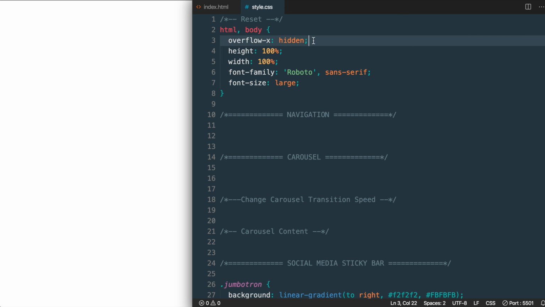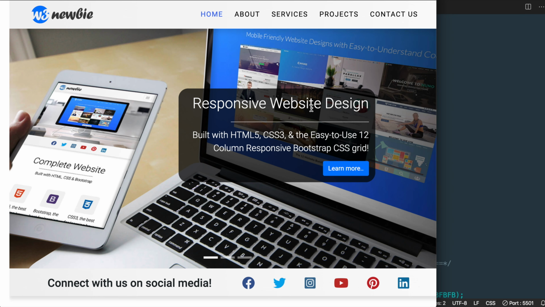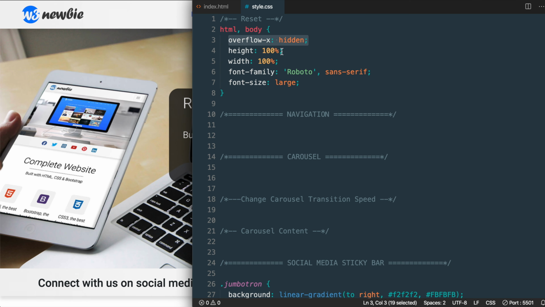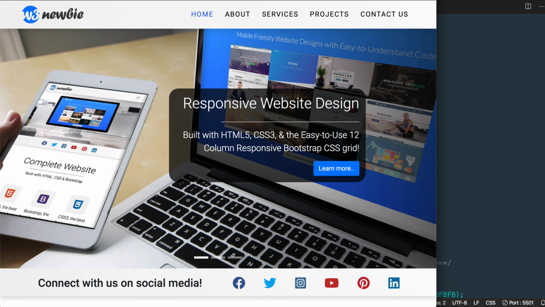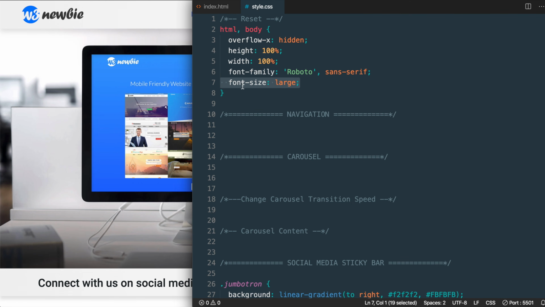Then we have the style declaration overflow-x hidden for the x or horizontal axis, so we don't have any elements displaying outside of the body. Then we'll also have our height and width set to 100%, which is always good to include when we're adding sticky elements. Then we have our font family set to the Google font Roboto, which we saw in index.html,